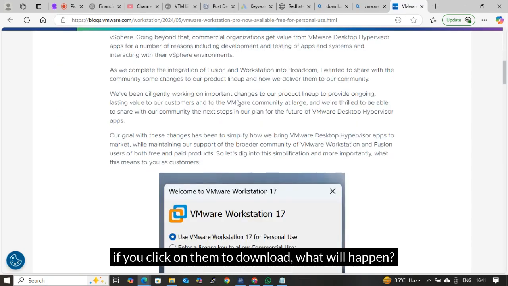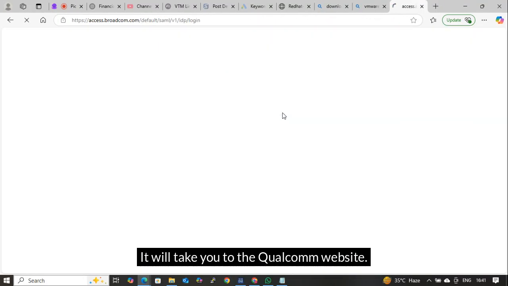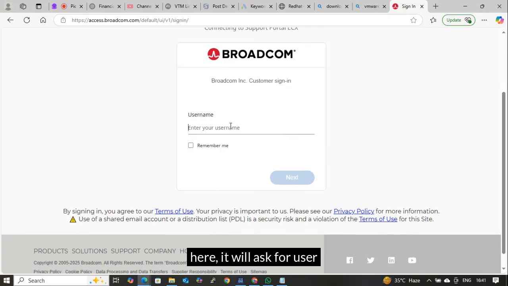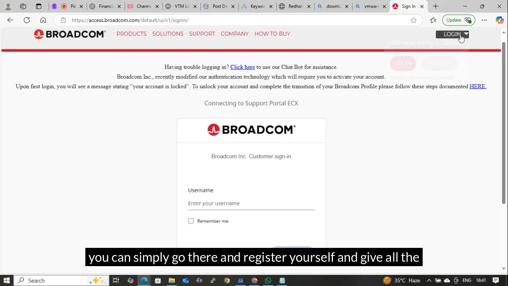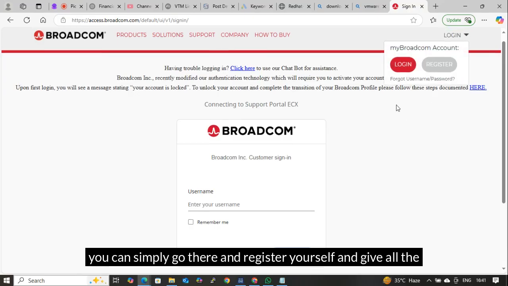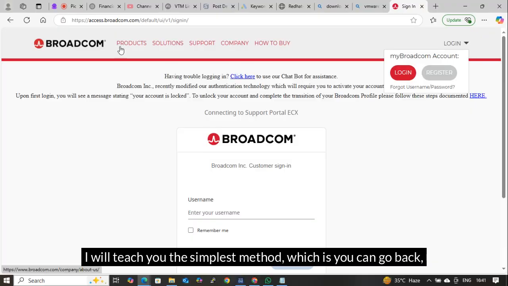If you click on it to download, what will happen? It will take you to the Qualcomm website. Here, it will ask for a user ID and password because you don't have one. You can simply go there and register yourself and give all the details, and then you can download. I will teach you the simplest method, which is you can go back